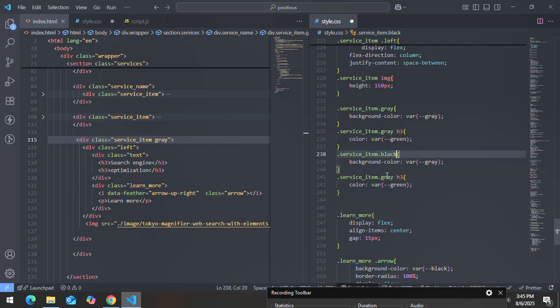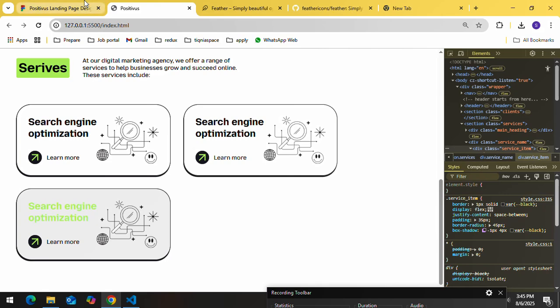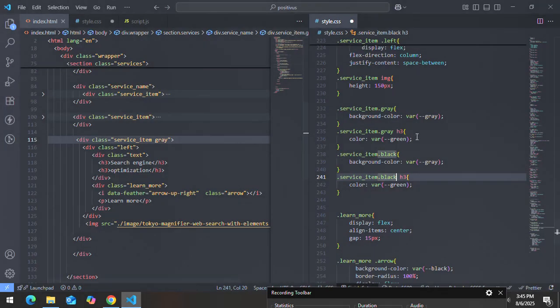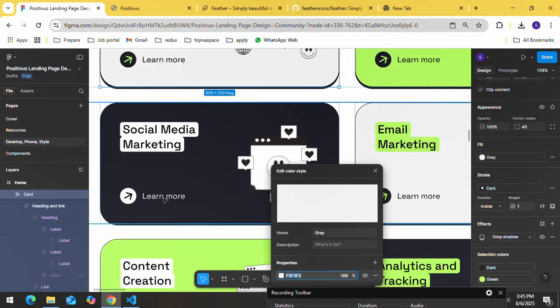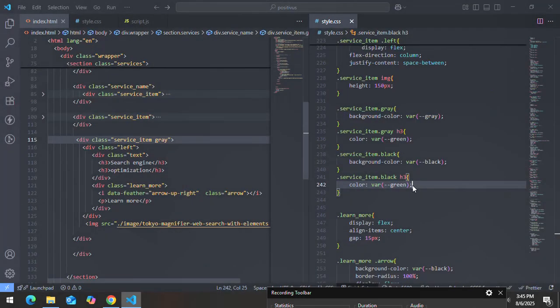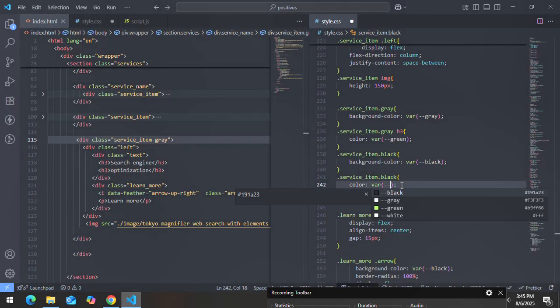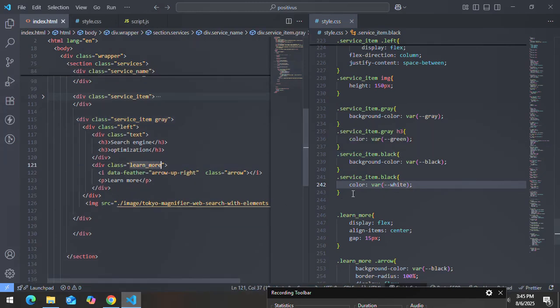Alright, now let's do it for black. So let's see here. For the black, the background color is black and the text color is white. So instead of giving h3 text color, we need to change this color and this icon color. Let me do one thing. Instead of this black, I'm going to give the color directly. What's the color? White. Let's see. And then for this learn more,